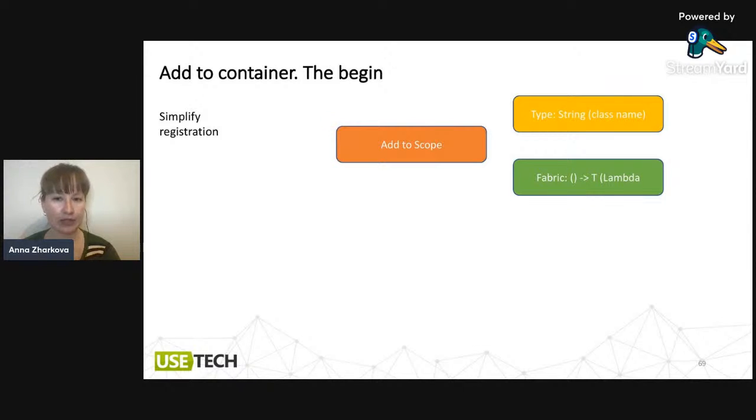And the fabric is lambda. We have used lambda before, but in this case, it will be another way to work with lambda. In the previous case, lambda was called automatically and we processed the result of this lambda. In this case, lambda is a parameter and we don't need to call the lambda at the moment we call the